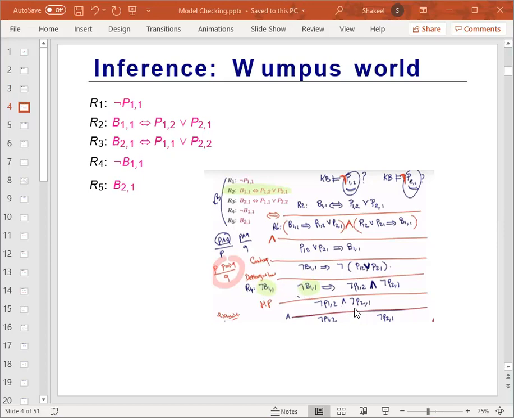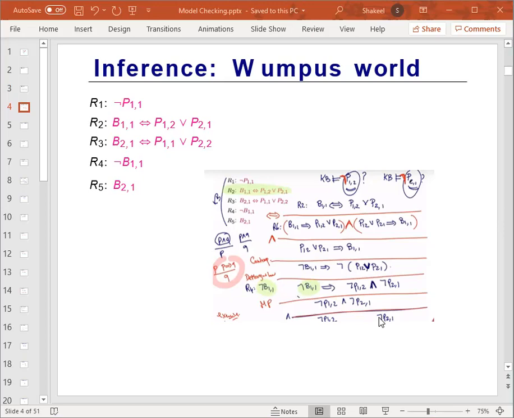All right, so from this I am getting close to showing these elements here. This is a conjunction of these two. So if this is true, again by using the conjunction inference, I can infer the negation of P12 and I can also infer the negation of P21. So what I proved just now is that the knowledge base entails the negation of P12, and it entails the negation of P21.